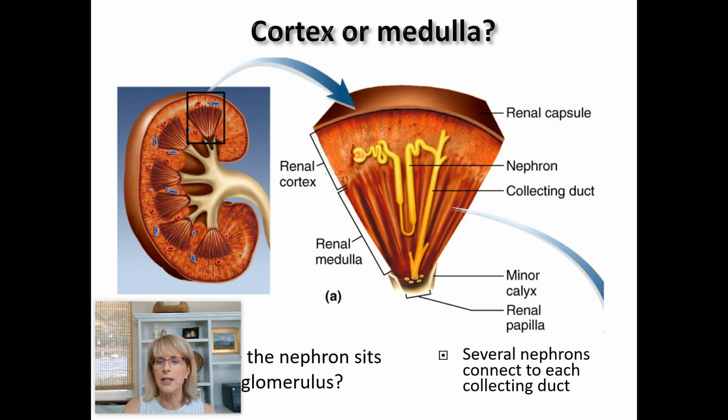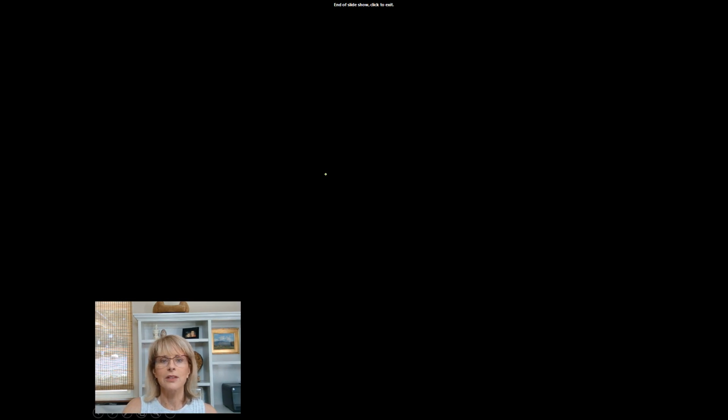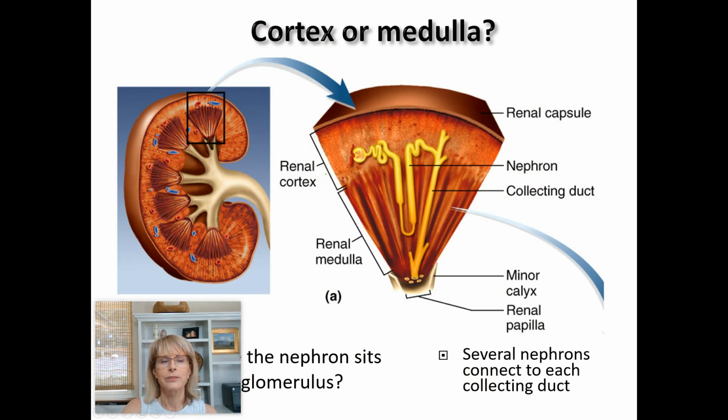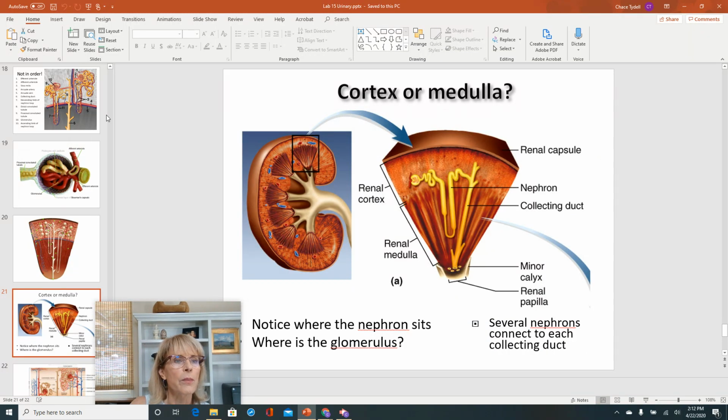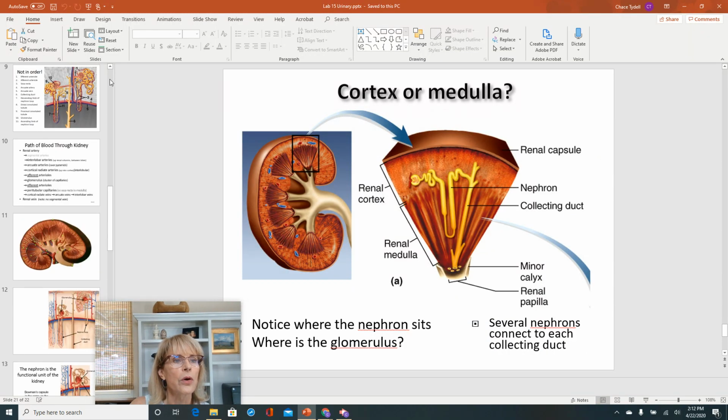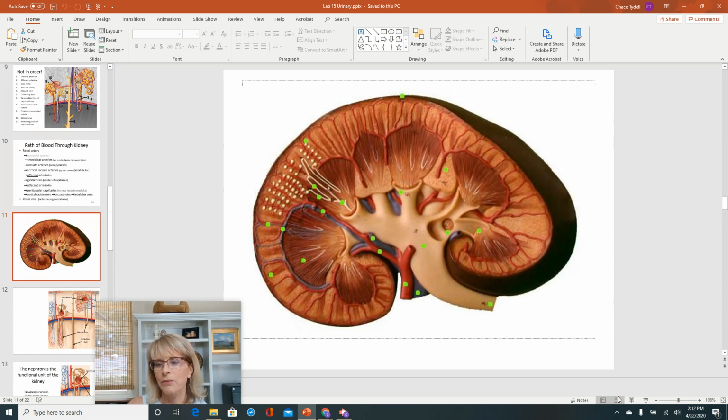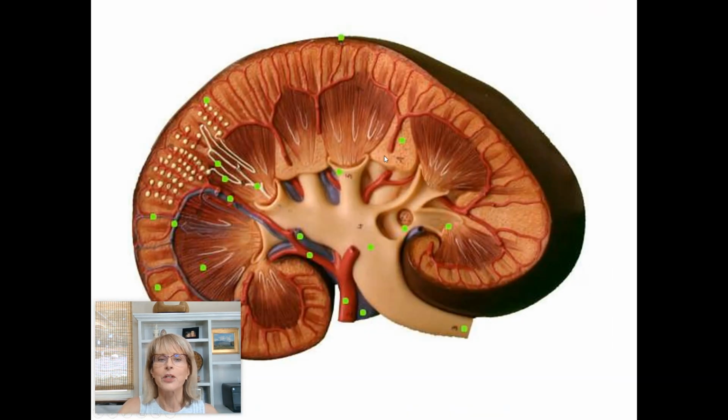After the collecting duct, let's go back a little bit. I want to show you from our lab model here. Great, right? So here we've got, after the collecting duct, here is the